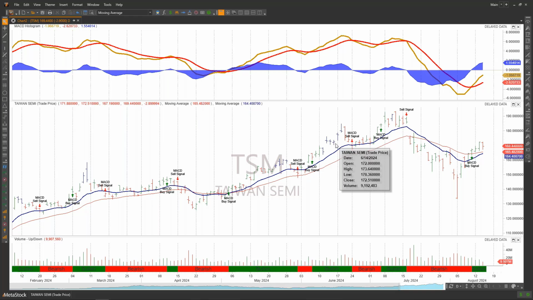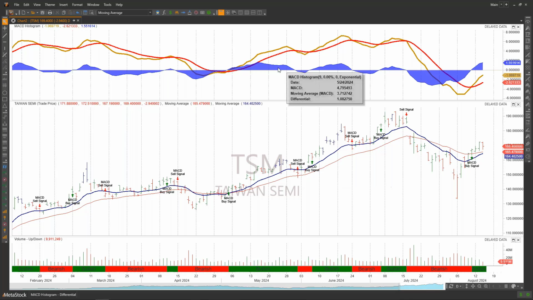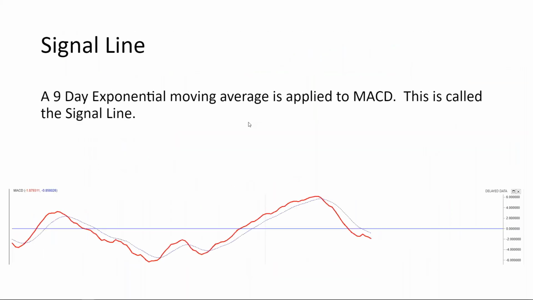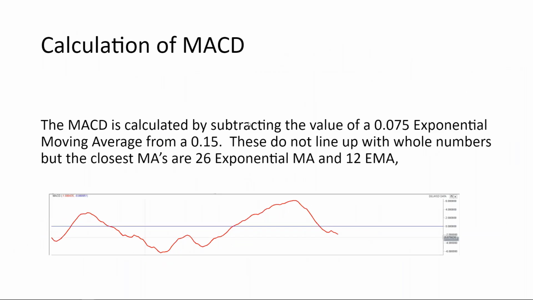So, Monica, I'm just using the built-in MACD settings. With the MACD settings, we use the ones that Gerald was using. Thank you for the question, too, by the way. The question, in case you can't see the questions, is what are the MACD settings? So these are just the ones Gerald created. They use basically the 9-period exponential moving average, which you can change. And then it doesn't use the whole period moving averages. It actually calculates this 0.75 and the 0.15, the original MACD settings that Gerald used.